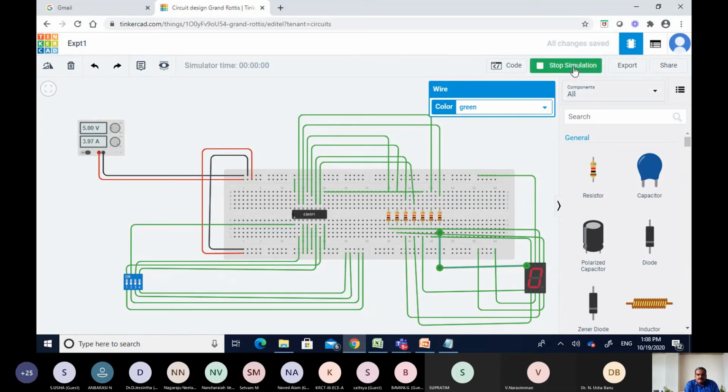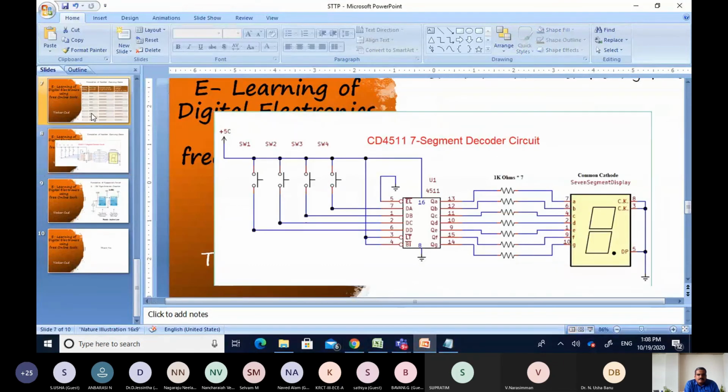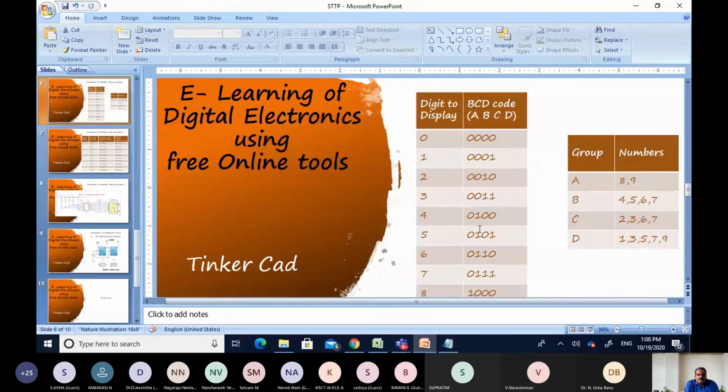So we will start the simulation. See, as all the values are 0, it is 0, right? So let us check this truth table, right? If any one of these is 1, say for example, if the user is guessing the number as 6, then 0 1 1 0 has to be used, right?